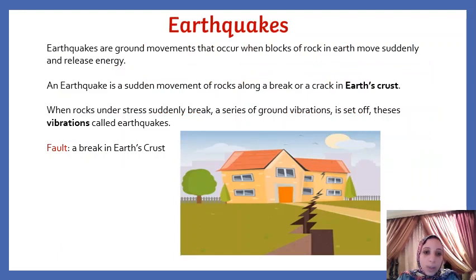So what are earthquakes? Earthquakes are ground movements that occur when blocks of rock in the earth move suddenly and release energy. So it happens along cracks in the earth's crust where there are points in the crust that are weak. So when it's weak,